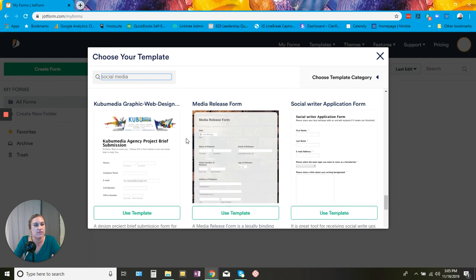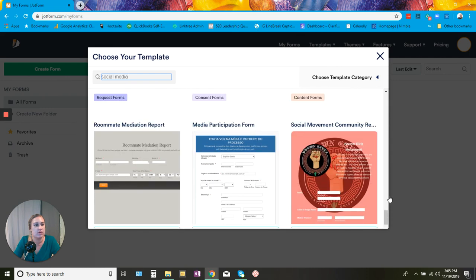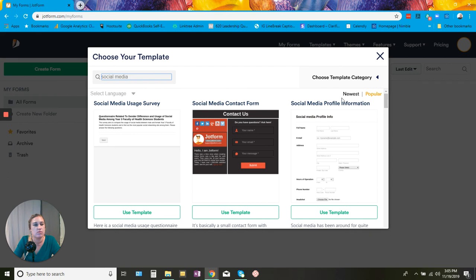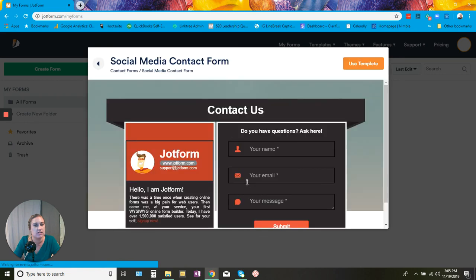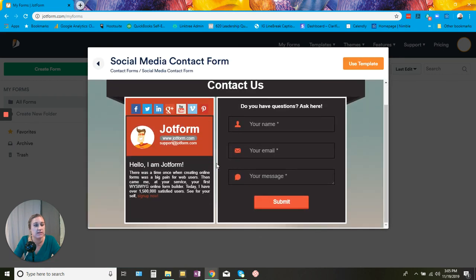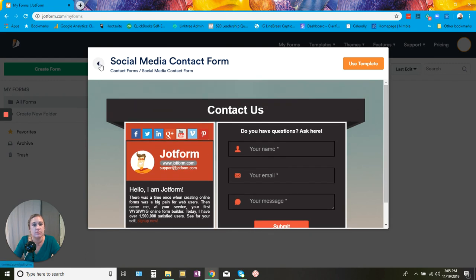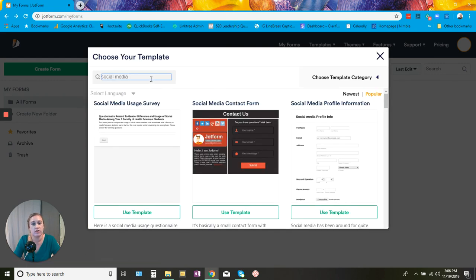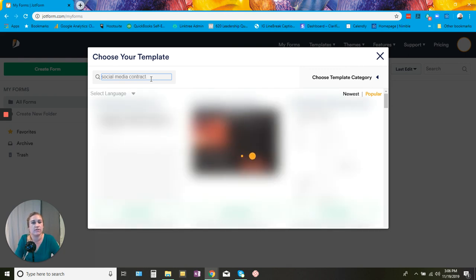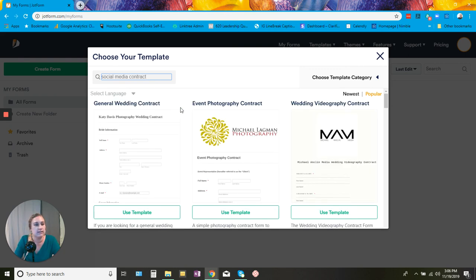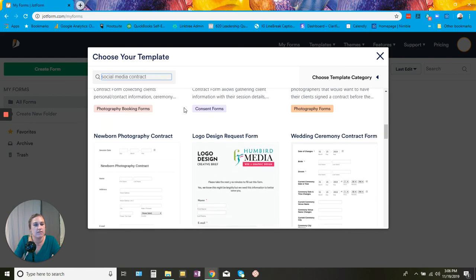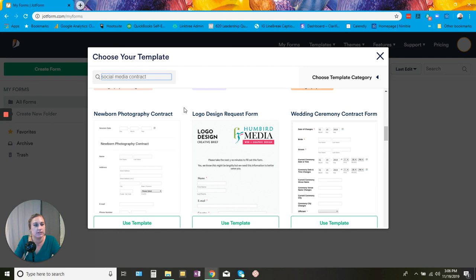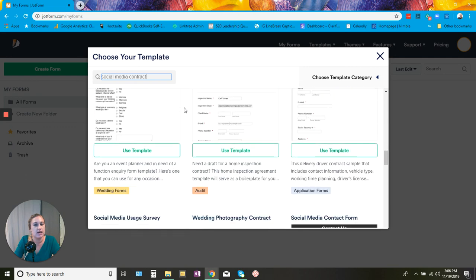of stuff. So I am going to go up and see what this social media contact form looks like. I think that's more of just a contact, but you can preview it and see what it looks like. Yep, just a contact form. So I'm going to go back, see if there's more of a contract kind of deal. Let's see. So it looks like they don't have an immediate template for what I'm looking for, but I am going to